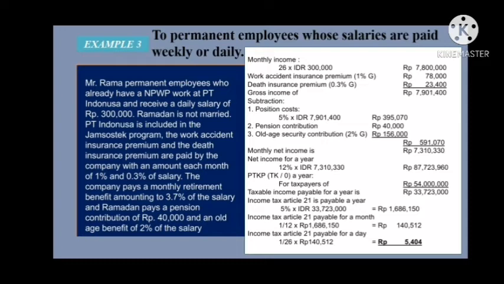Then 7,901,400 minus 591,070. To search the net income for a year, we only need to multiply it with 12 months of a year. So the net income for a year is